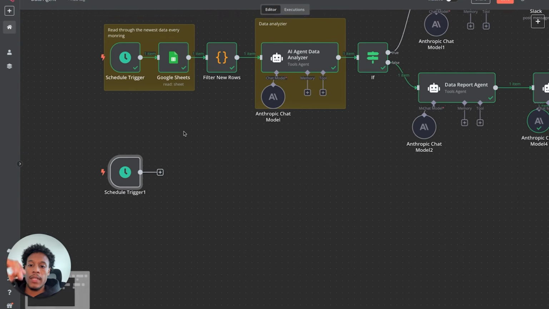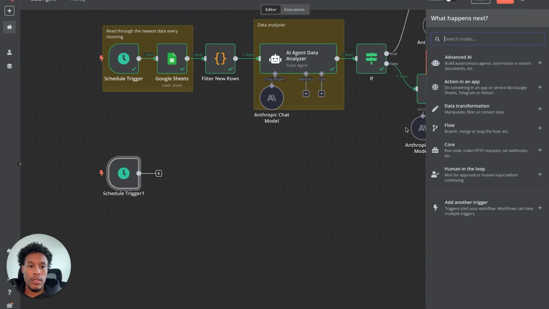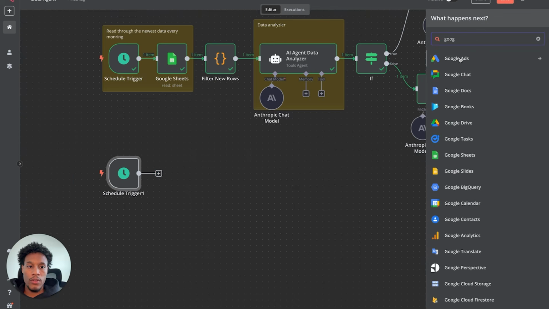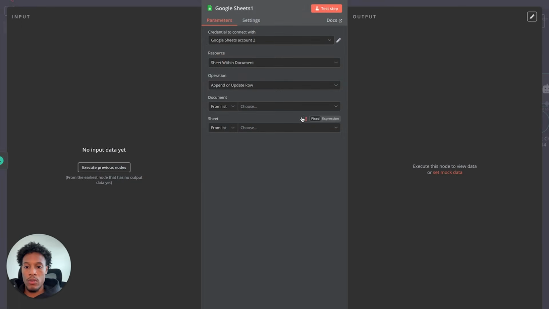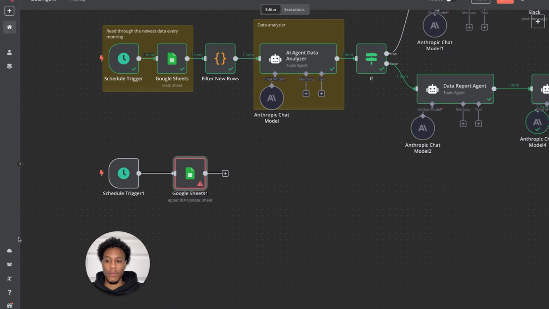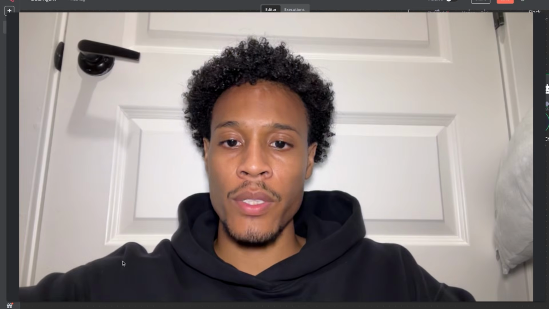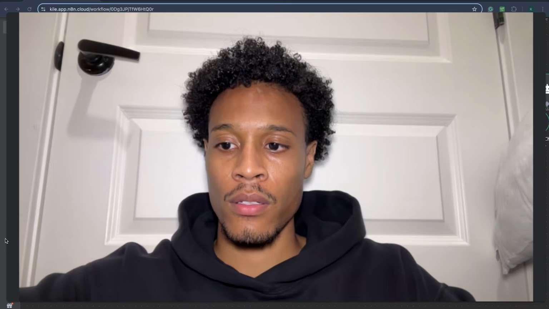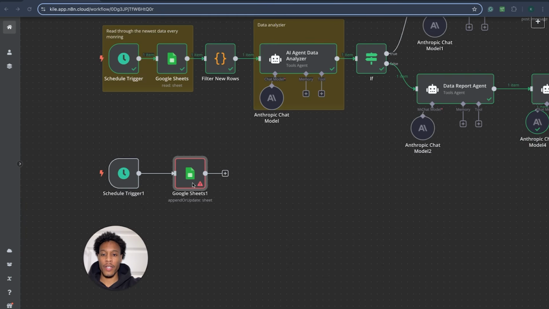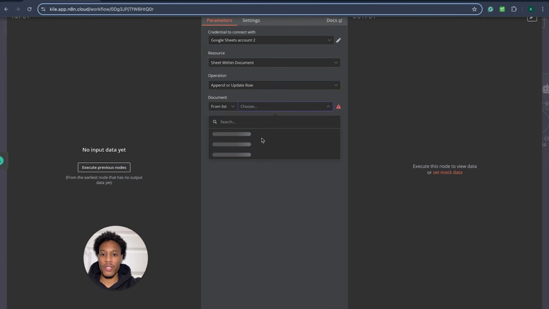But now going through it, we're going to grab a Google Sheet and go over here. We go through here, Google Sheet. All right, and once we go over to the Google Sheet, what we can then do is have it set up to where it is in append row or update sheet. Let's see. Okay, cool. All right, and now once we go over to the... cool. So now when we're going over here, what we'll do is just make sure we